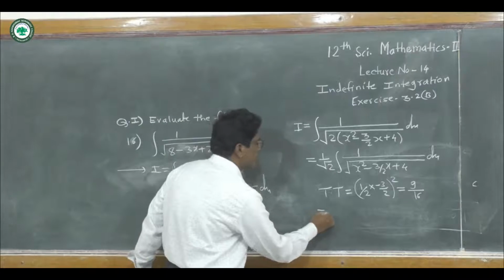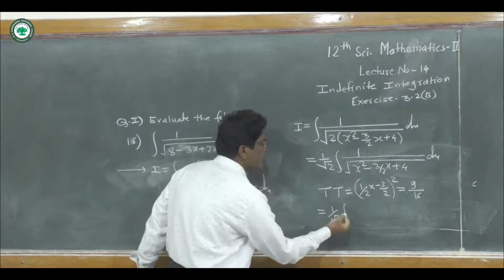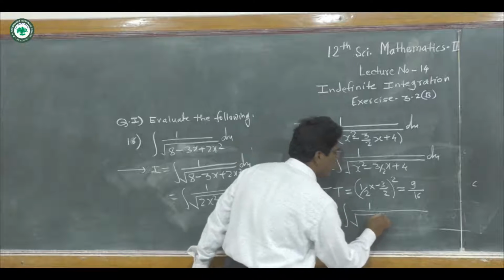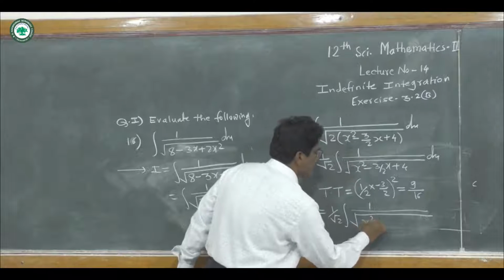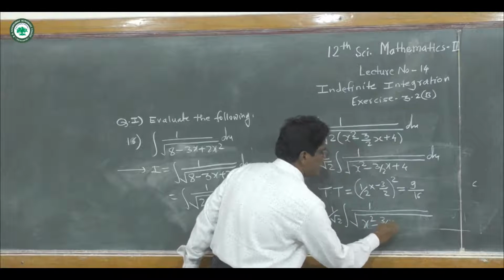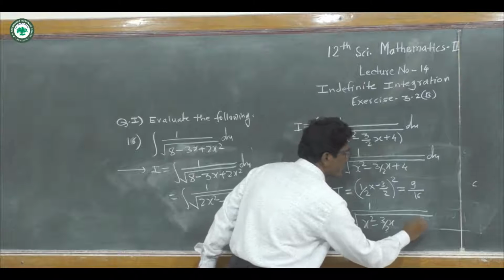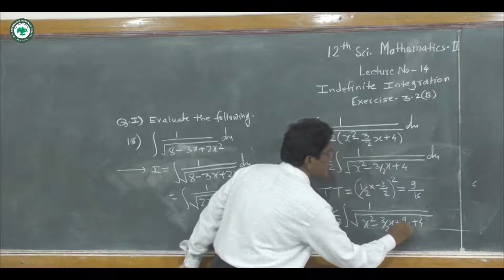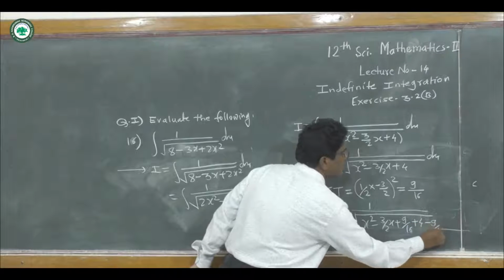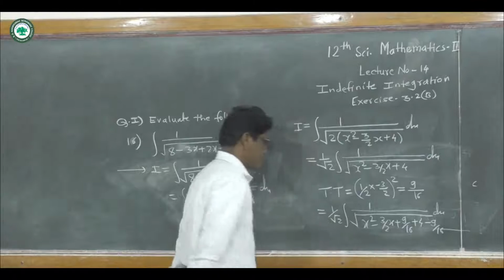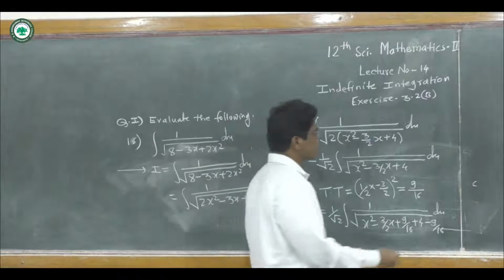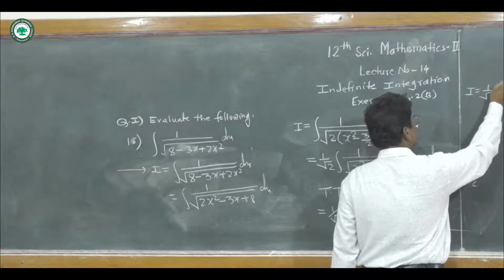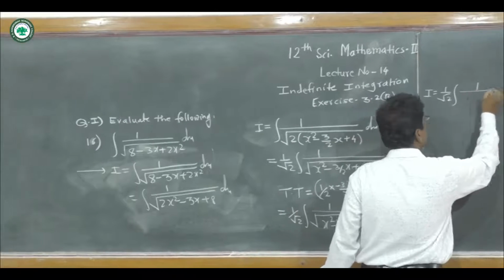So this is equal to 1 upon root 2 integration of 1 upon root of x square minus 3 by 2x as it is, plus 4 as it is, and now add plus 9 by 16 and cancel this, so minus 9 upon 16 dx, like this. So the required integral I is equal to 1 upon root 2 integration of 1 upon under